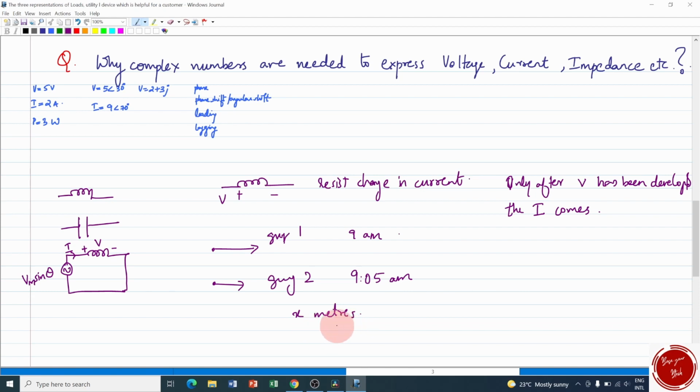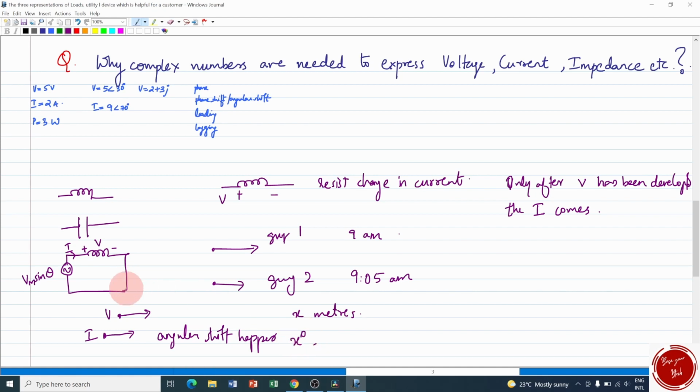Similarly, in this case, since there is a time lag between voltage and current, when voltage develops at this point, current will develop later, only behind the voltage. So since there is a time lag between V and I, there will definitely be a displacement shift. But in this case, voltage and current do not have a linear path, isn't it? It has an angular displacement. So we can say that an angular shift happens. So it is not x meters, it will be x degrees.